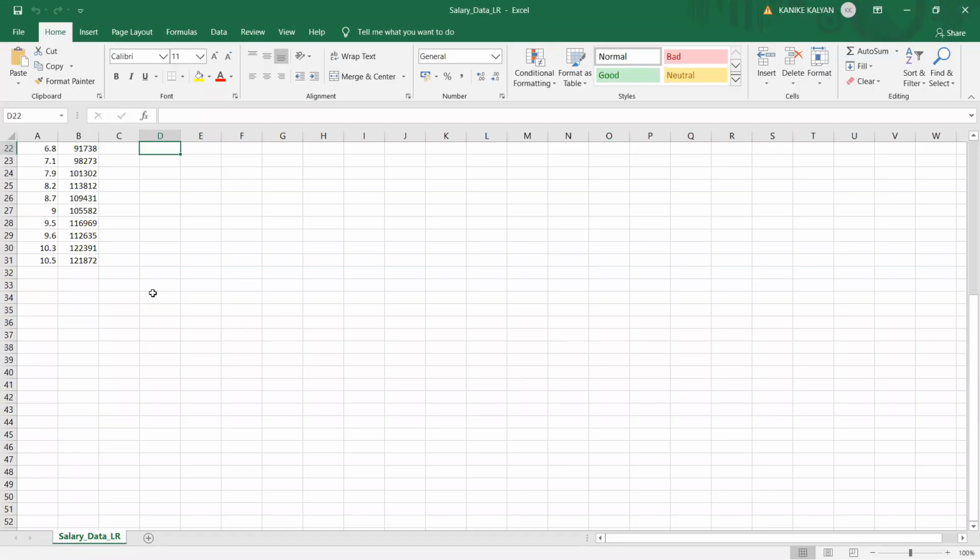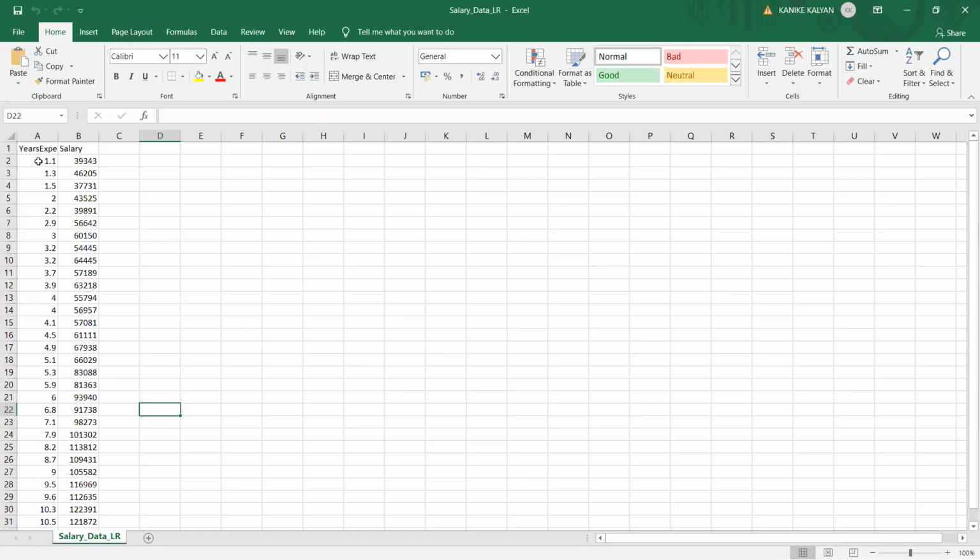We have a total of 31 rows. In the 31 rows, the first column is about the years of experience, and according to that, how the salary is increasing. The second column is about the salary. By seeing this we can understand easily.